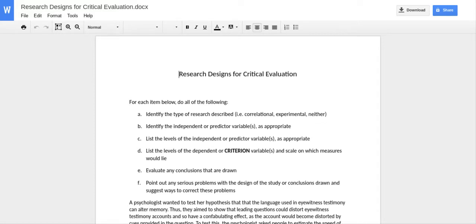So for this assignment, I would like you to do points A through F. Now we have 8 questions on here, I think, and you only have to choose one question. So one of these questions I would like you to do, and you just have to go over the type of research that's described. So for each item below, do all of the following. The reason it says each item is because